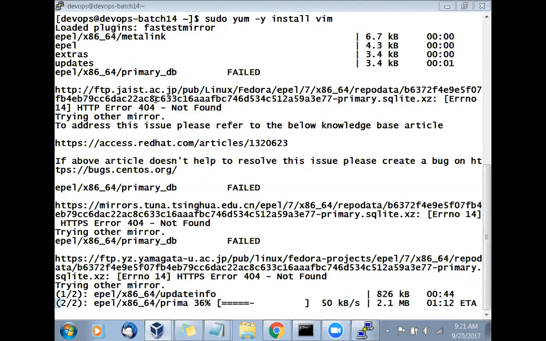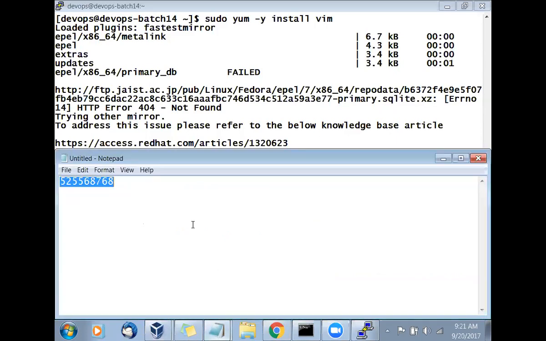So we have a very slow speed today, which is 46 KB. Now, what does that mean? How much speed do I have? Internet speed? How much speed is it? In real time, this question can be asked in an interview. The interview question is, what is your network speed?